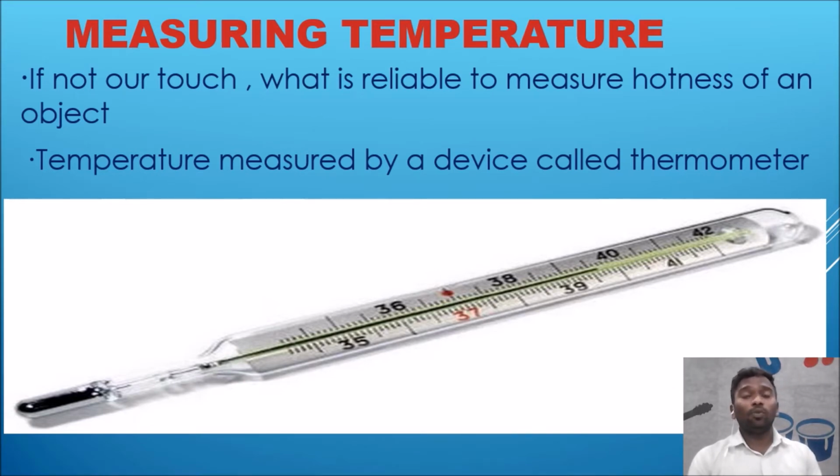Then what is the normal temperature of the human body? Human body temperature is 37 degrees Celsius or 98.6 degrees Fahrenheit. Is that clear? Therefore, we have a device to measure the temperature of an object exactly. So this is a way we can measure the temperature, not even with a physical touch, right.